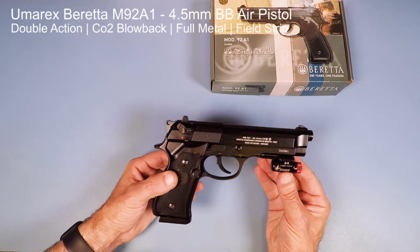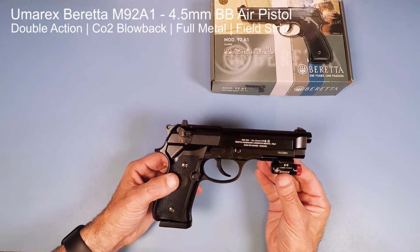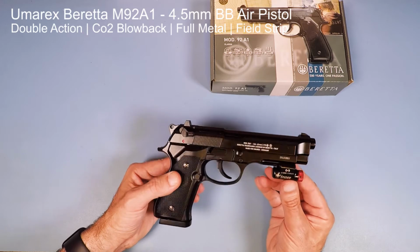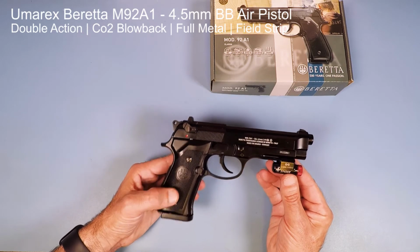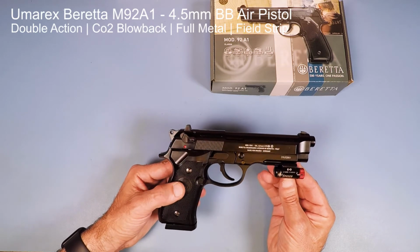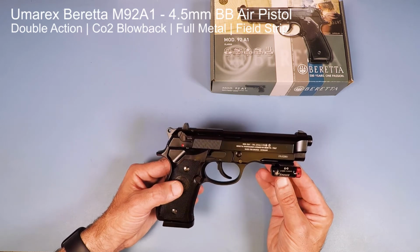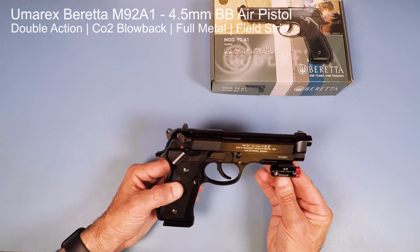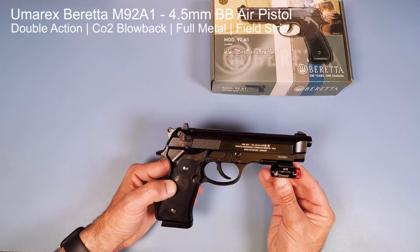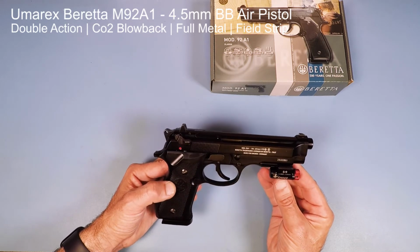Now, as you might have seen in other videos I've done, the Umarex Glock is pretty good, but it requires the CO2 to operate because it's single action, so it requires the reciprocation of the slide to reset the trigger. I've got a couple of magazines that I purchased with that gun to give me more shots, but it does eat through the CO2 capsules, and you also run into the problem of CO2 being very temperature dependent, so shots per CO2 canister can vary quite a bit. So I thought I'd get a pistol that has both double action and single action capabilities,